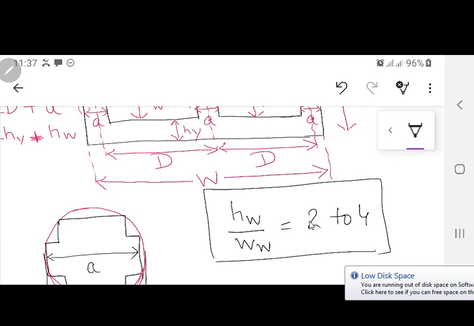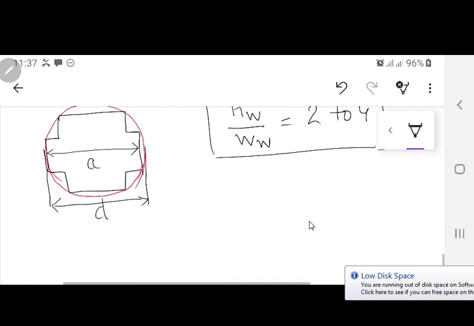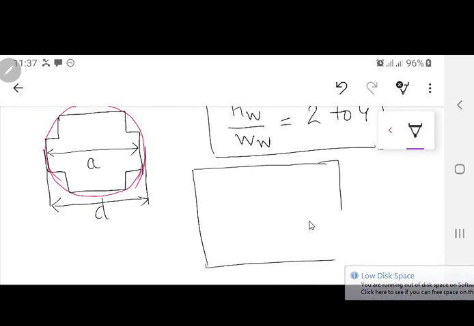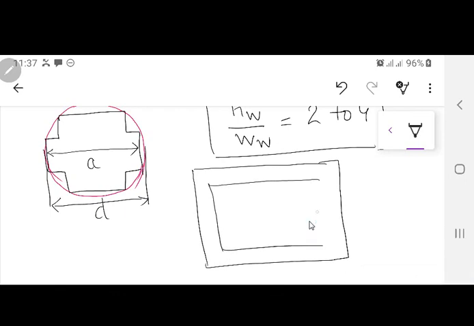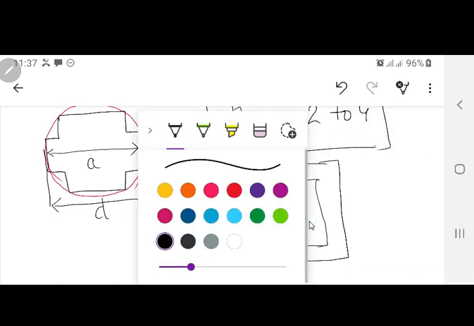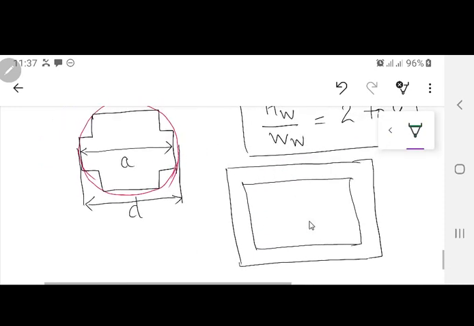Now, there are some problems because of this. Supposing you select something like 3 as the ideal value for the height of the window divided by the window width, somewhere in between. When you have selected that window, this poses a problem. Supposing you are designing a single phase transformer, I'm just drawing it again, a core over here. You are limited: this is the height, this is the width of the window.